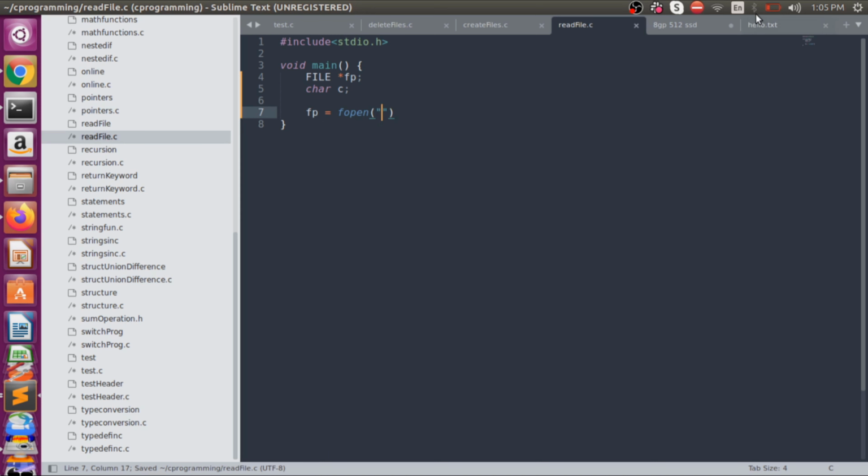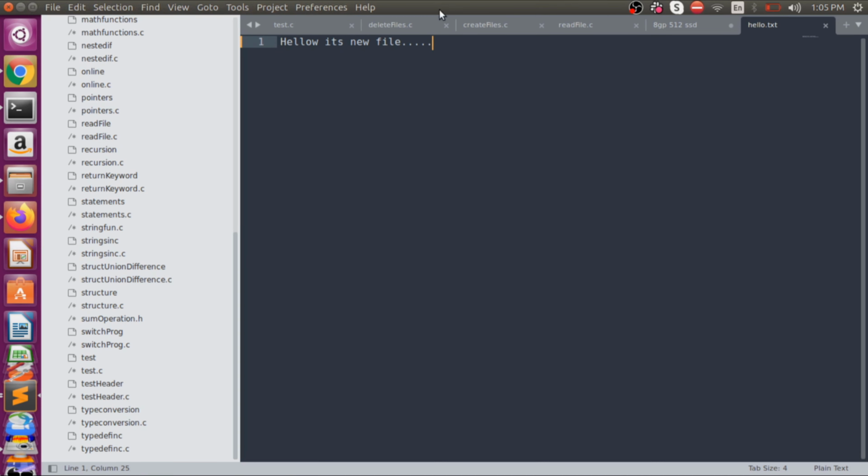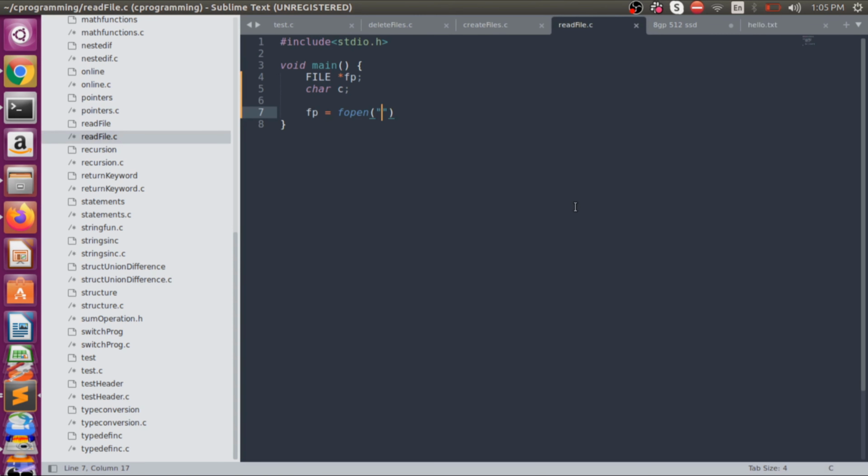This is our file, and it is in the same directory, hello.txt. So we will go here and write down hello.txt, and we need to keep in mind that this should be in r mode, because if it's in w mode, write mode, it will overwrite the file and the file will be blank.